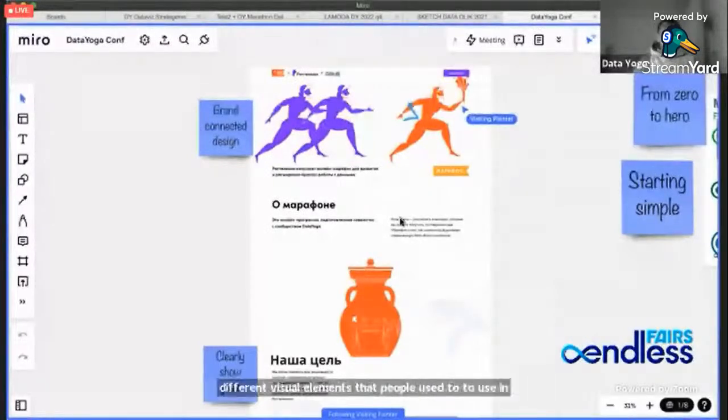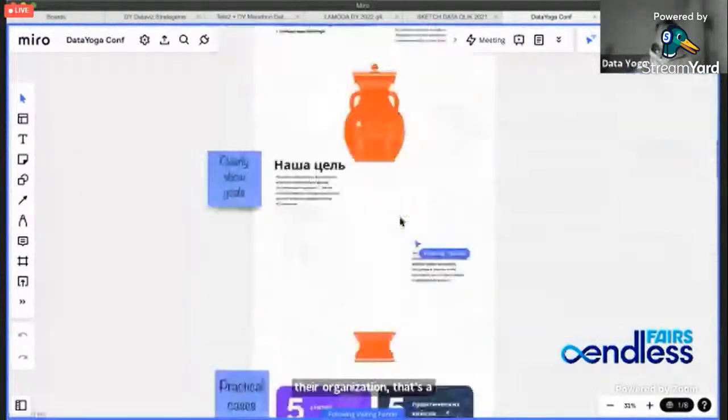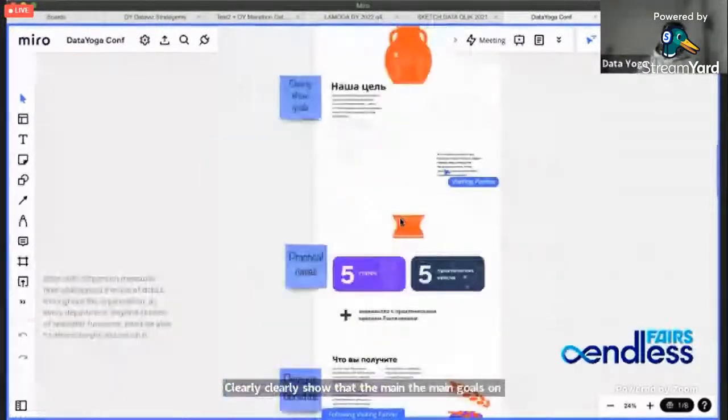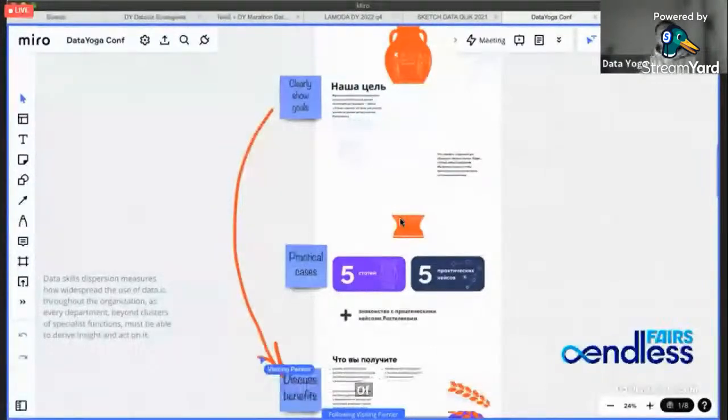Second, we should clearly show the main goals for these programs. These goals should be connected with the benefits, and every participant should understand what knowledge, what tools and abilities they can have after the educational program. They should understand what kind of business tasks they can solve with the business intelligence instruments. That's why for the practical cases,